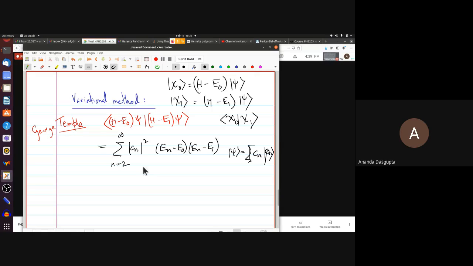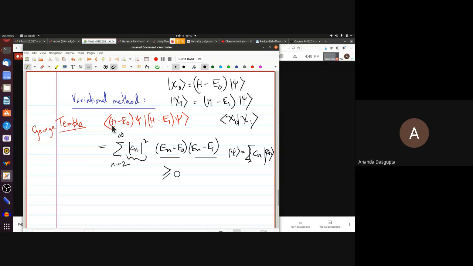Now, this was what we used, and then we use the fact that if we assume that E0, E1, E2, E3 are in that order, then this has to be greater than or equal to 0. Why? Because the two terms for n equals 0 and n equals 1 are 0 anyway. For all the rest of the terms, this thing is a positive number, and En minus E0, En minus E1 are both positive factors. So you end up adding a lot of positive numbers together. So this is greater than or equal to 0, and this gives rise